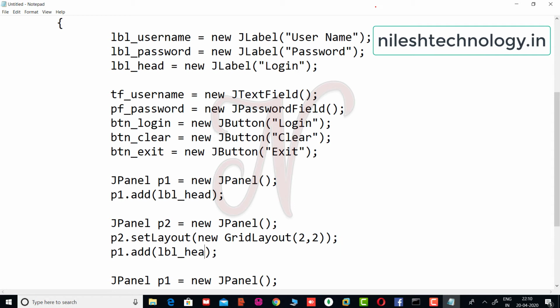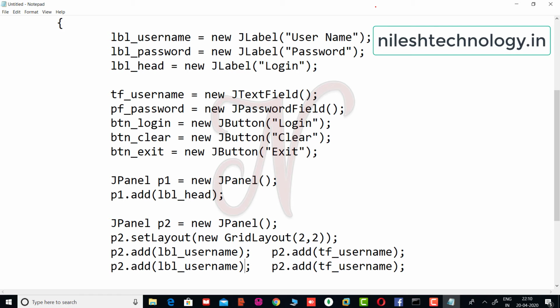So here we can add the username label, then tf_username, okay, then password and pf_password,